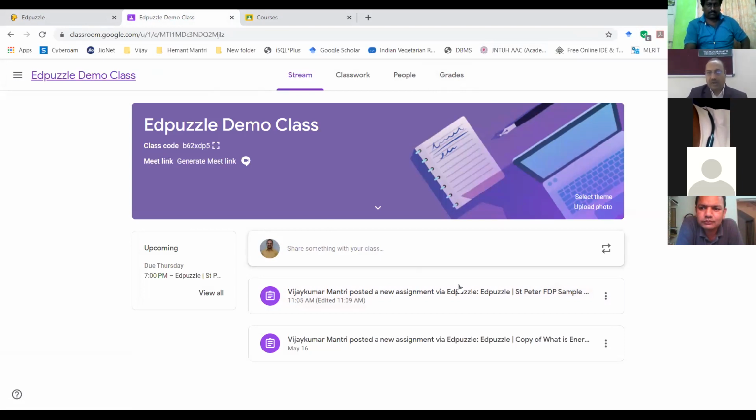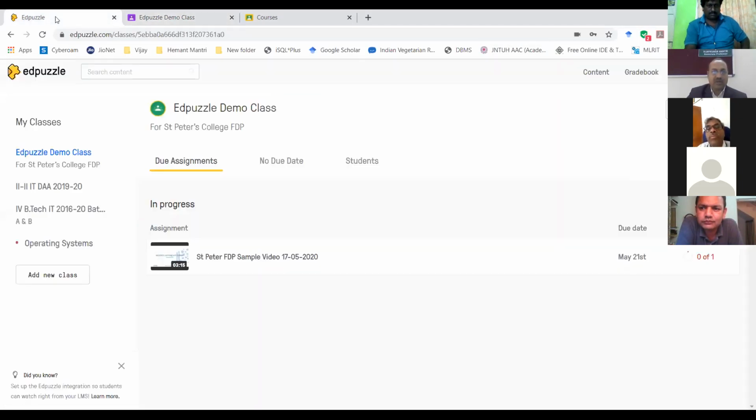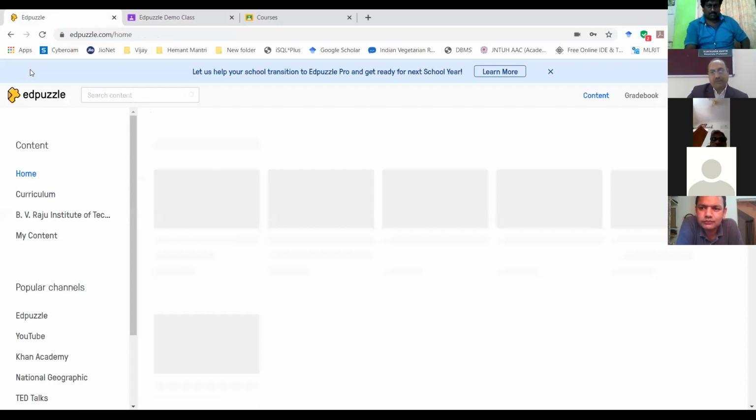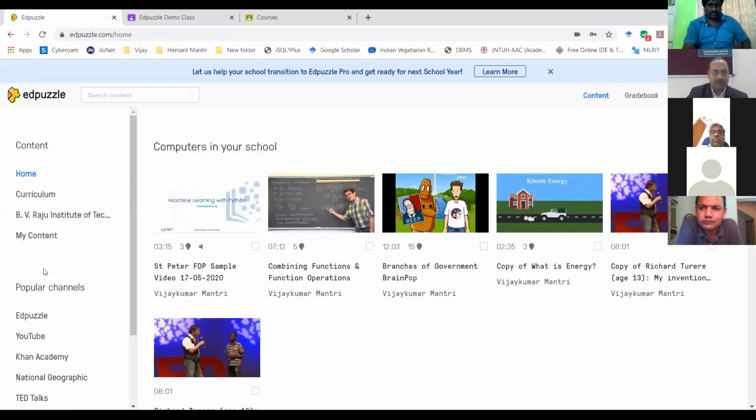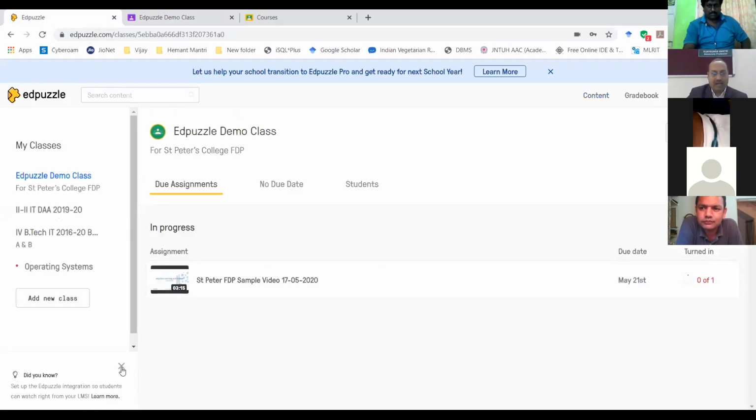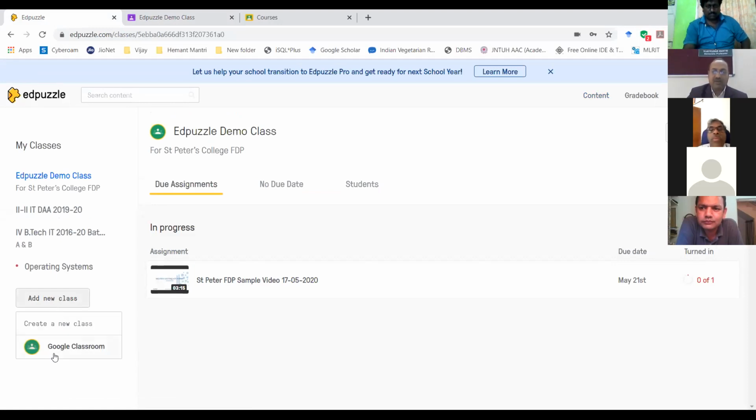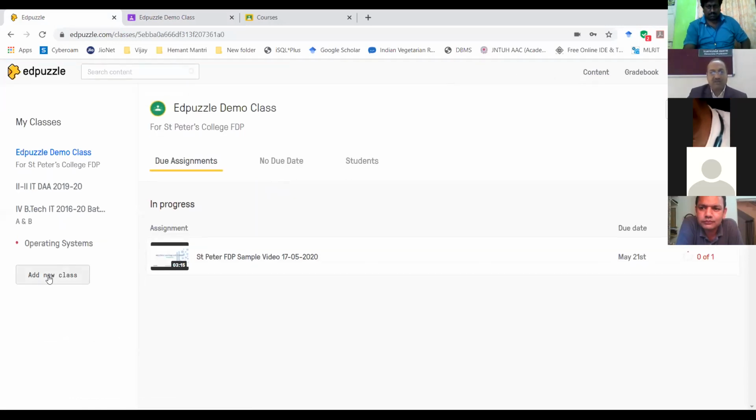One question is there: for operating Edpuzzle, is Google Classroom compulsory, or is there any other method? One method, as I told you, is that you can use only Edpuzzle. You can create your own class in the Edpuzzle, in My Classes. As of now, if you see, only two options are mentioned here. One is create your own class, if you do not have a Google Classroom. Second, in simple words, they have a tie-up with Google, so they are importing the Google Classroom. I found as of now only these two methods, not any other method.